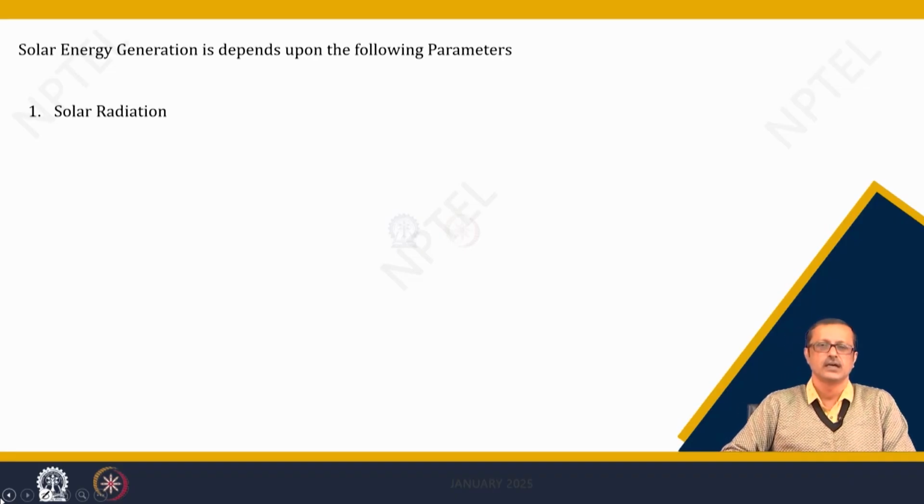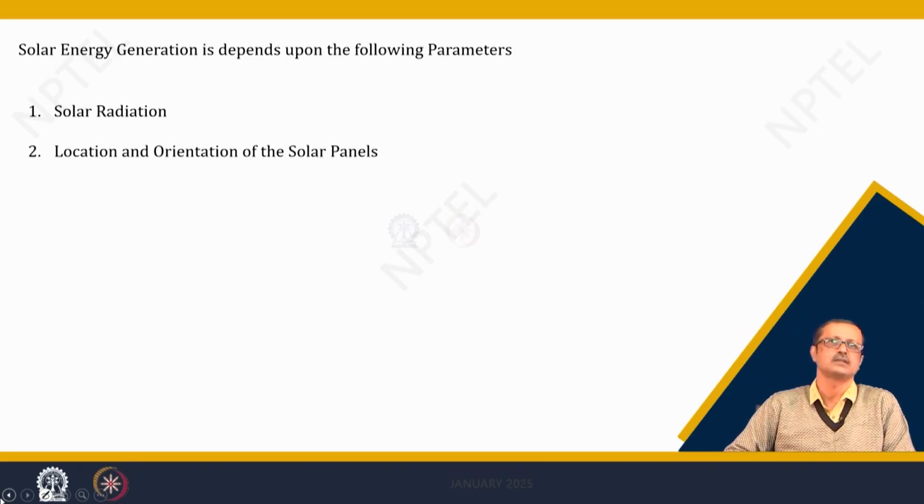As you know, it initiated with the solar radiation. Today, if suppose the sky is overcast, it won't generate that much amount of solar energy. So, radiation is one of the issues. Next one is the location and the orientation of the solar panels that we have discussed in the last class,